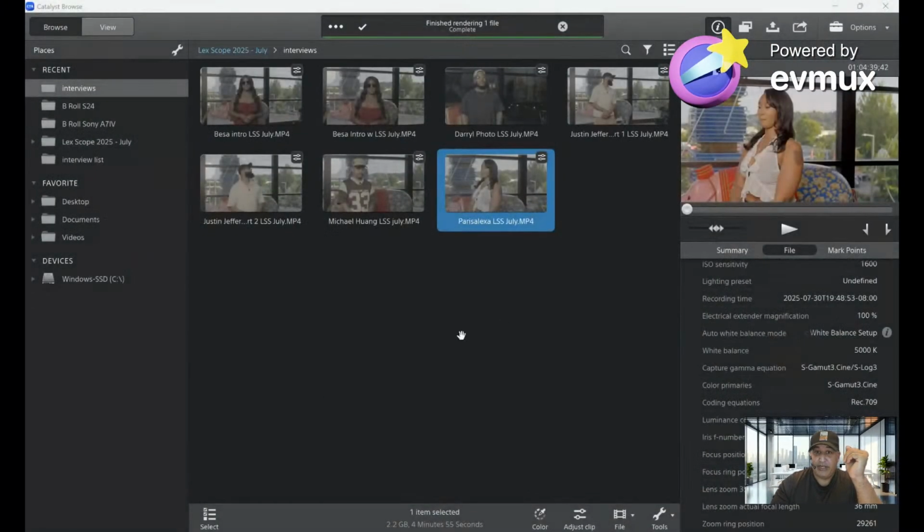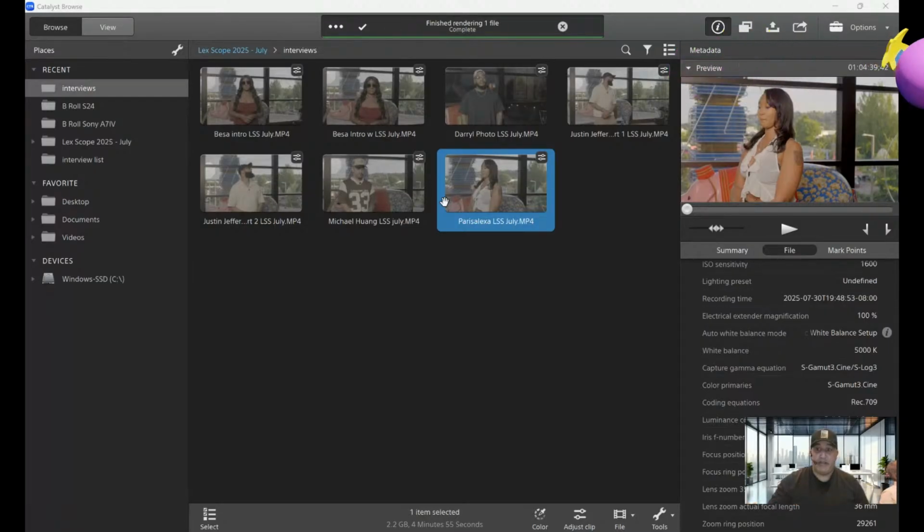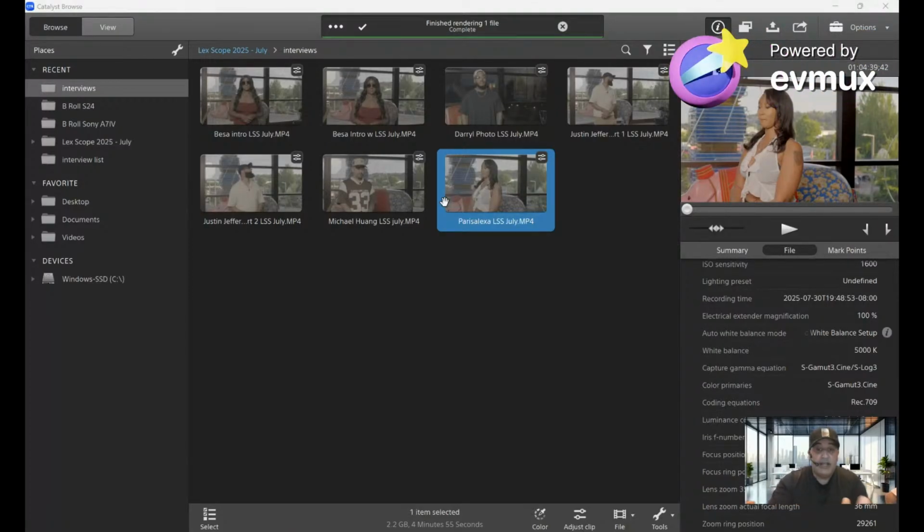So let's show you an example of it now. As you can see on the screen here, we have Sony Catalyst Browse Up. The reason we have Catalyst Browse Up is this is where you're going to do your transcoding from. If you're a Sony user, you definitely want to start transcoding some footage to take advantage of two major things. Number one, if you have to turn in an MXF file,